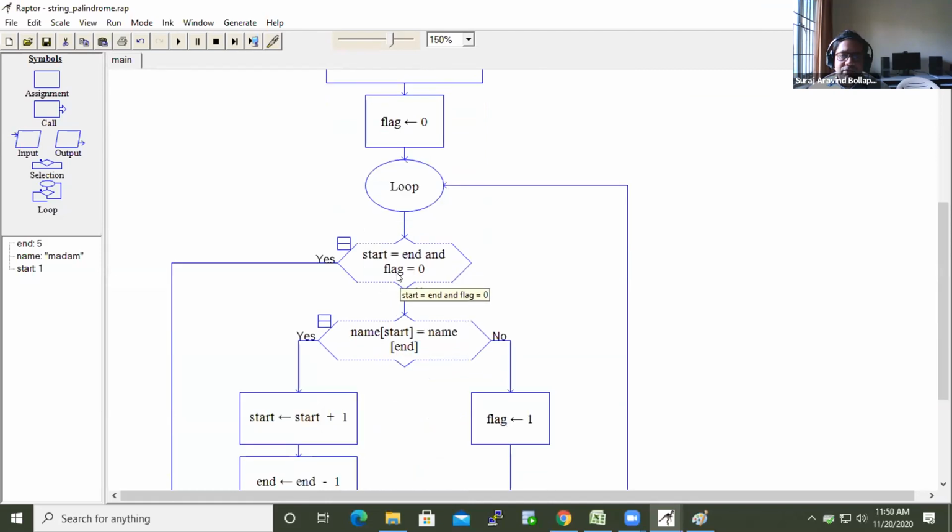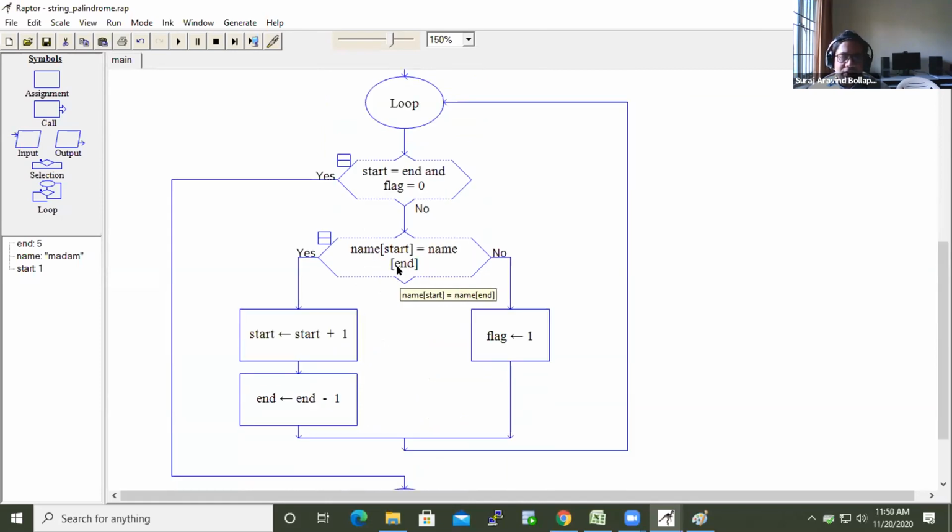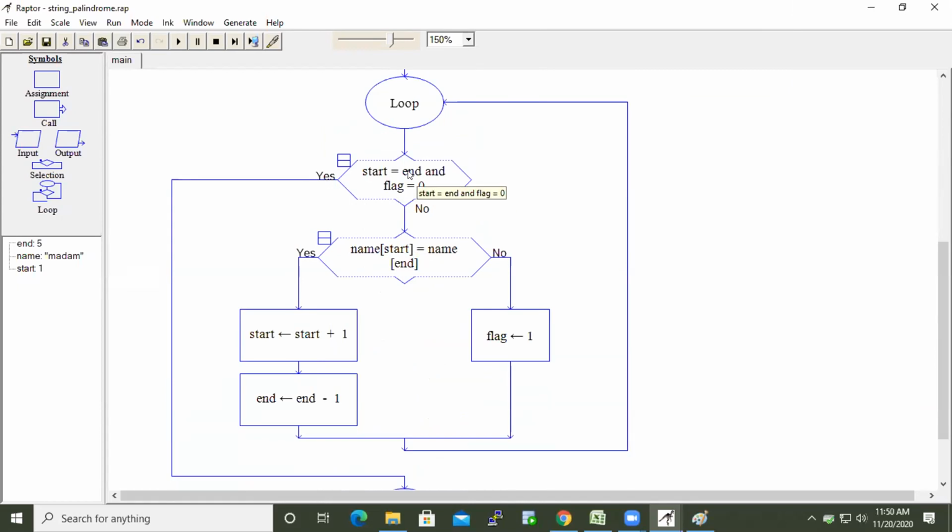If any one condition start, okay, the logic somewhere because of yes and no, I missed it. No. Sir, if we keep end, start and end should be equal, as well as flag should be equal to 0. And if suppose the flag gets changed to 1, then it won't come out of the loop, no sir, because the first condition right now.